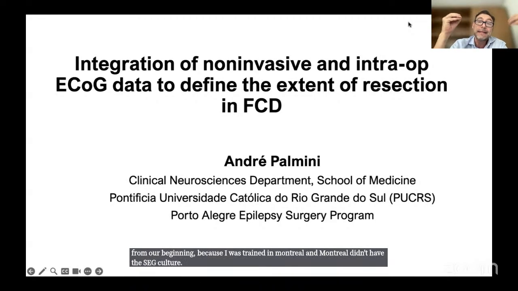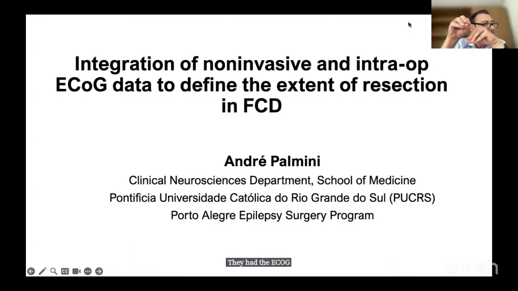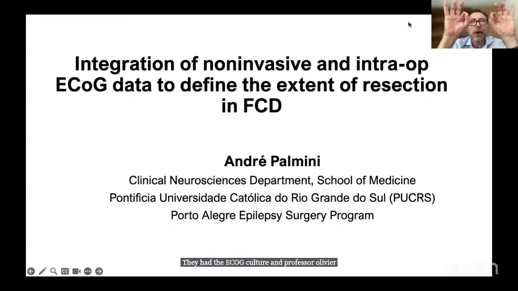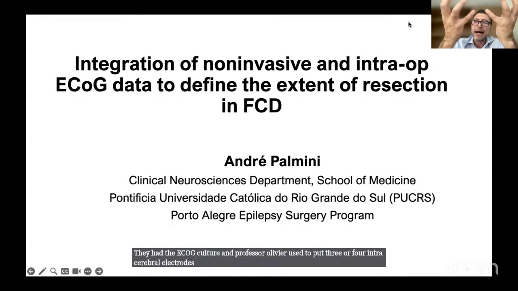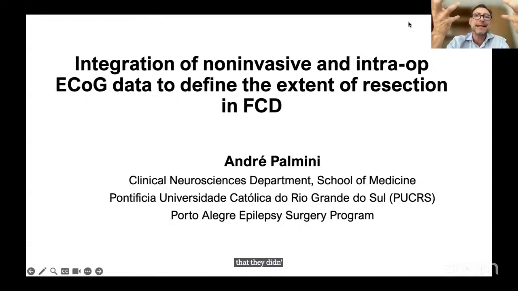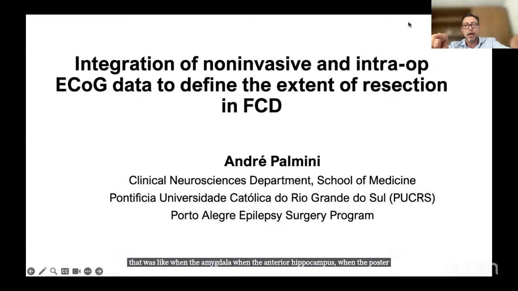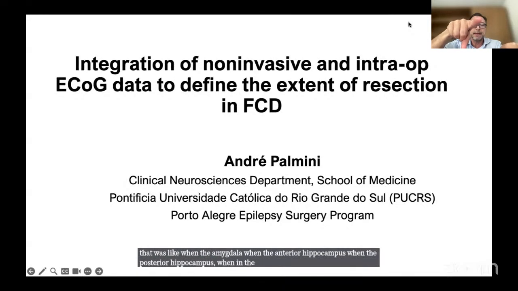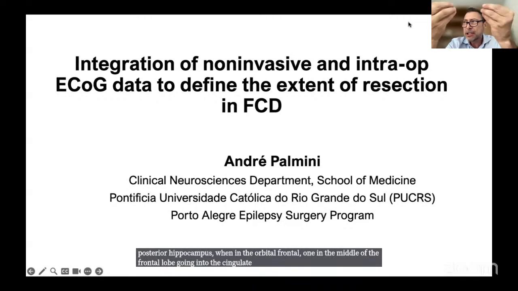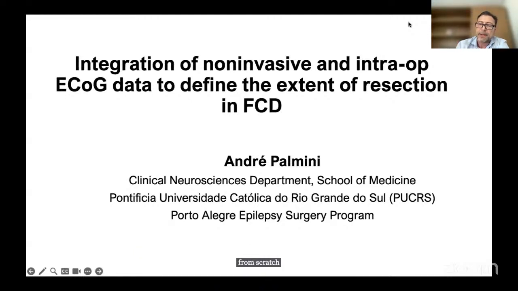They had the ECoG culture, and Professor Olivier used to put 3 or 4 intracerebral electrodes that didn't really amount to SEEG, you see? That was like one in the amygdala, one in the anterior hippocampus, one in the posterior hippocampus, one in the orbitofrontal, one in the middle of the frontal lobe, going into the cingulate, and that was it, you see? So I learned from scratch about the intraoperative ECoG,